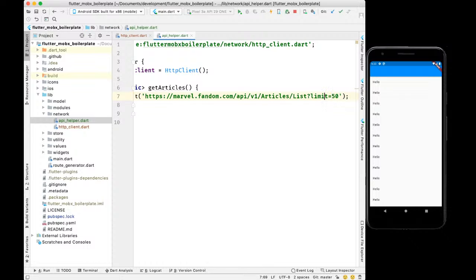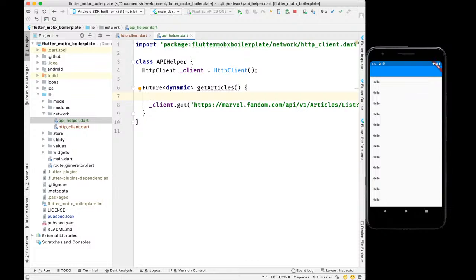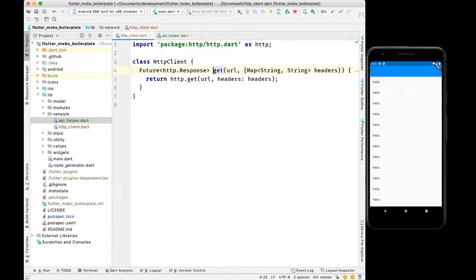Now it's kind of a query parameter. So how can you actually pass a query parameter in the get method? You can do it right over here too if you want to pass any kind of query parameter. So you can create an even